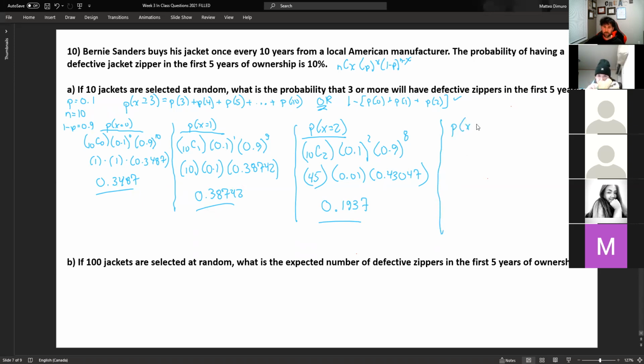Over here, I'm going to show the rest of my work. I'm going to write that the probability that x is greater than or equal to 3 is equal to 1 minus all of this stuff. Now, you don't have to necessarily rewrite it because we wrote it up here. But when you add up these 3 numbers, you're going to get 0.9298. There we go. So 1 minus that number is going to be your final answer, and you're going to get 0.0702. Just rewrite this part, that x is greater than or equal to 3. And there you go. There's your final answer.